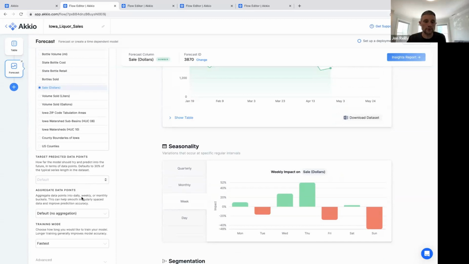And of course, you can go and change your time windows too. One of the interesting things about forecasting is you have different sampling types of data, right? Like you have a continuous variable, like say temperature, and that one's pretty easy because if you sample it every day, you've got daily temperature, right? It's a little bit more complicated if you're only measuring the temperature intermittently. Let's say you only take that measurement every other day, or sometimes you miss a day. Then you might want to take a mean aggregation, and you might want to come down here and aggregate biweekly and look at the mean temperature on a weekly basis. We make that really easy to do.